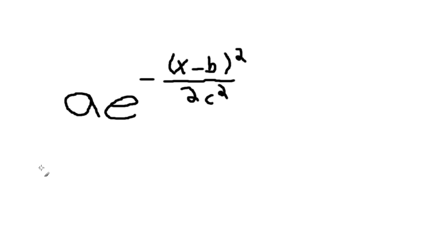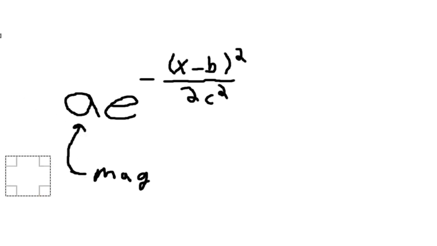But what these numbers boil down to is a is equal to the magnitude of the bell curve. So how tall do we want this bell curve to be? How large do we want this scale of the view to be in the center of the screen? That's what A is going to be for. E is a constant, so that means nothing to us. Maybe this will work better if I just drew some arrows. So A is the magnitude,